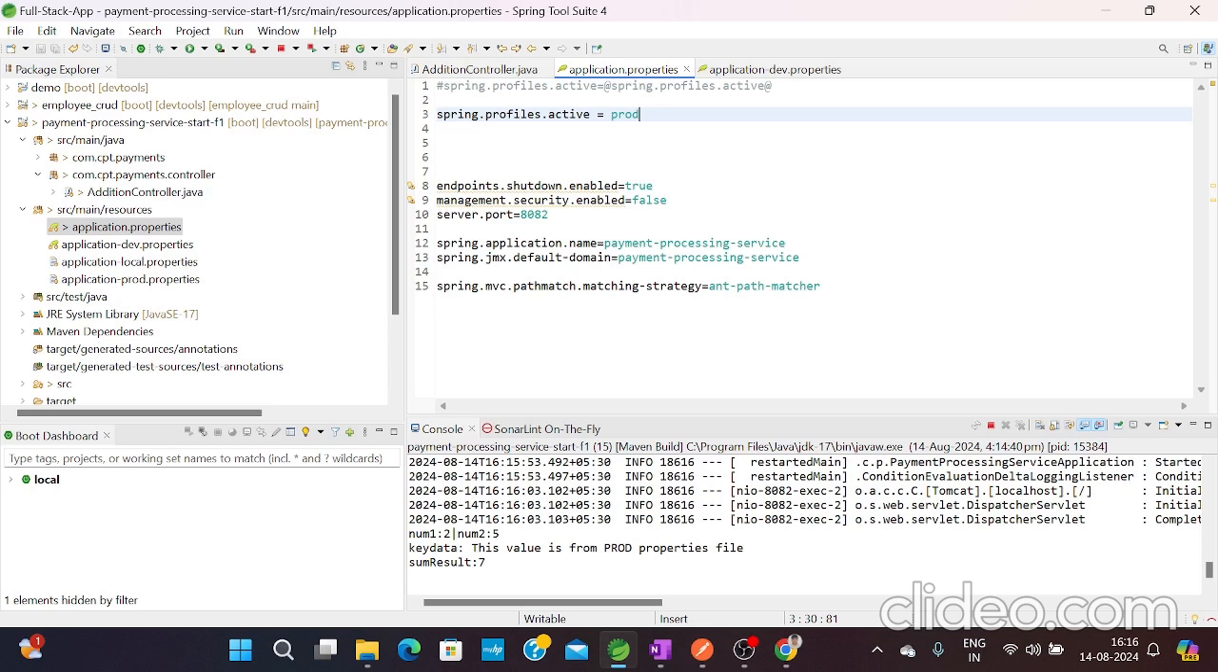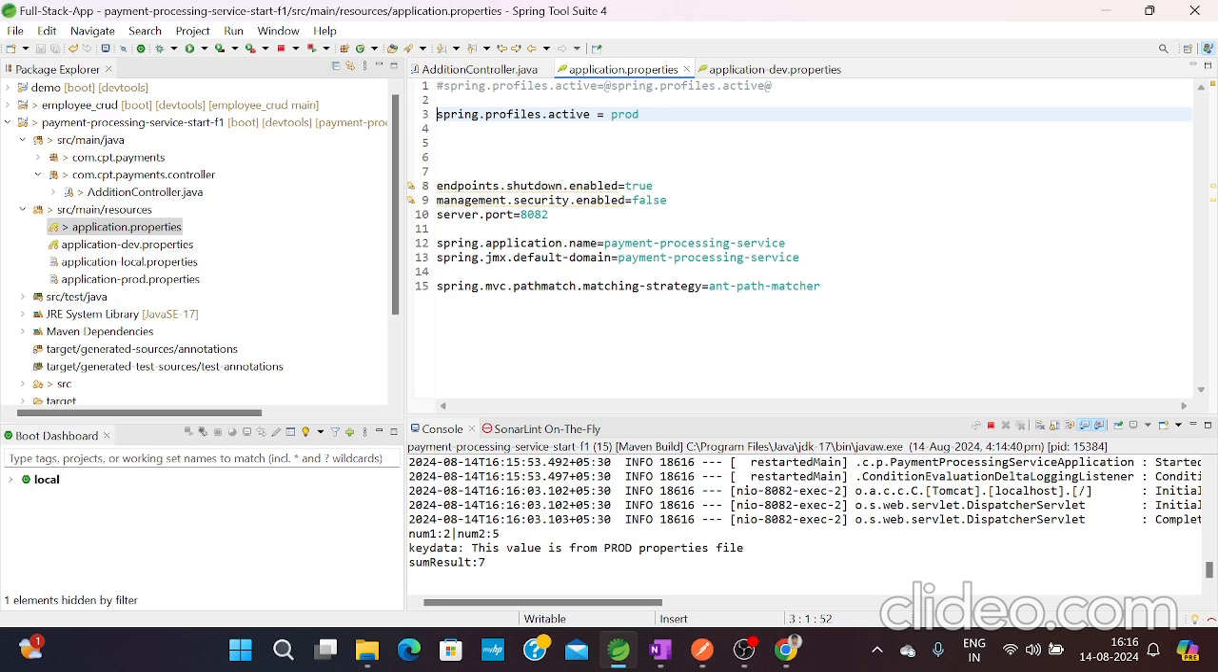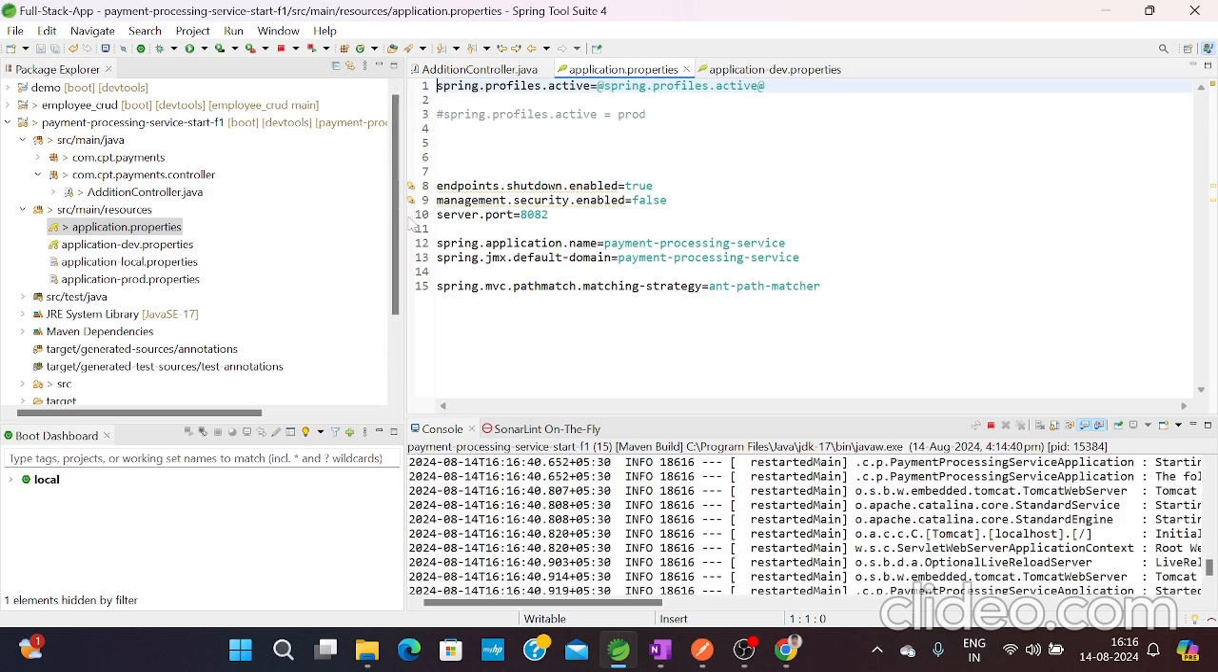prod.properties file. But in this case, we are performing only one properties file manually, and we don't want to perform all these properties files manually. We want to do all of this dynamically. That's why I will comment this one out and open this comment. Now we will go to the